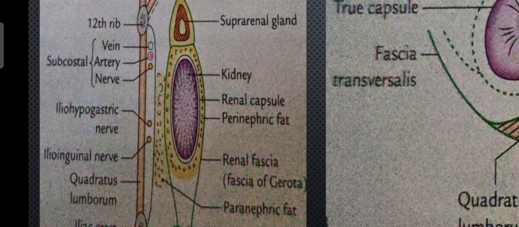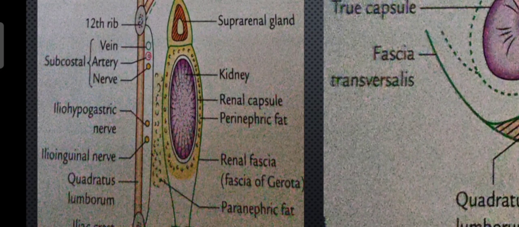Then we have the perirenal fat, that is present between the true capsule and the false capsule. The false capsule is the fascia of Gerota. See here, this yellow colored structure, that is the fatty layer, which is also called perirenal fat, present just outer to the kidney, so it is called perirenal fat. This is very important. Why is it? Because during some